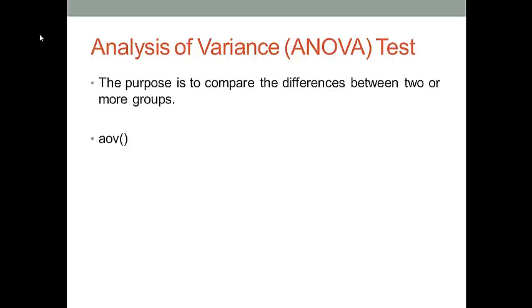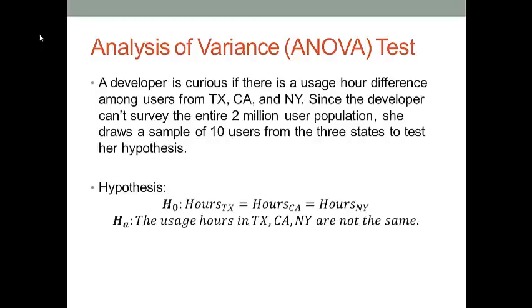Even though it is called ANOVA in practice, when you perform this function, the function name is still AOV, not ANOVA. Please notice this point. I want to use an example to show everyone how to use the AOV function to perform an ANOVA test